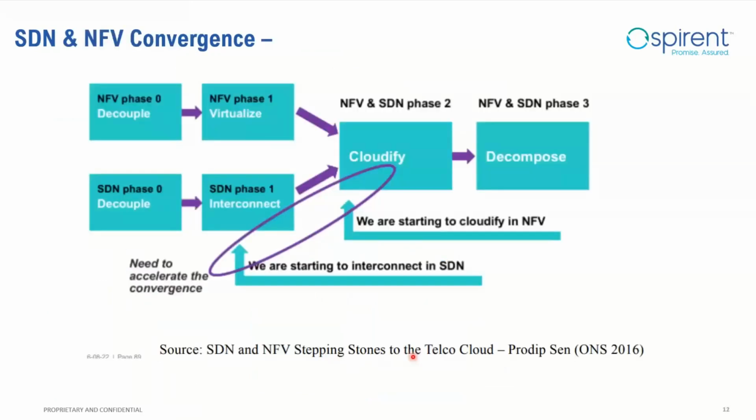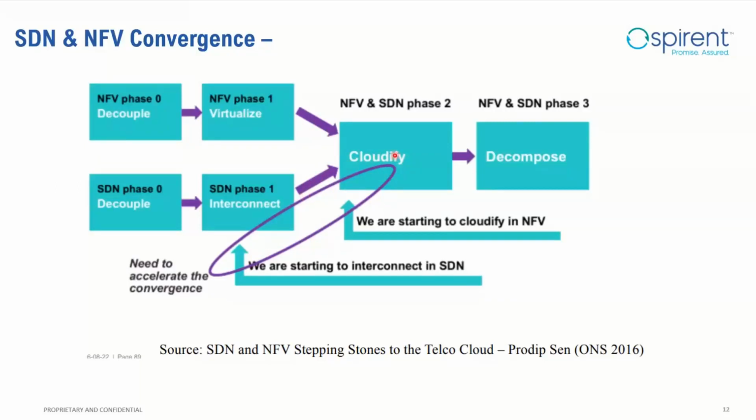Right? And how do they converge? In an isolated schedule, they first deploy NFV. In an isolated network, they would deploy the SDN. They're going to test here. They go phase by phase. And at one point of time, when they completely cloudify their network, the operator network, SDN and NFV will come